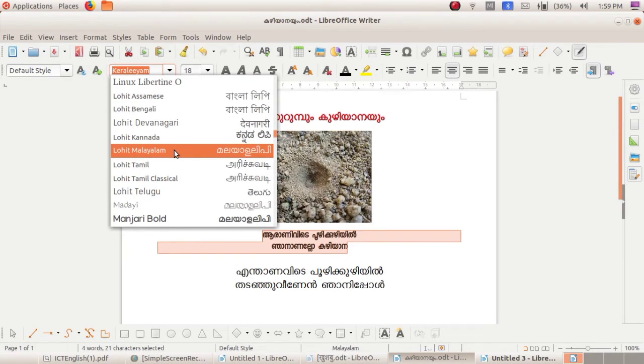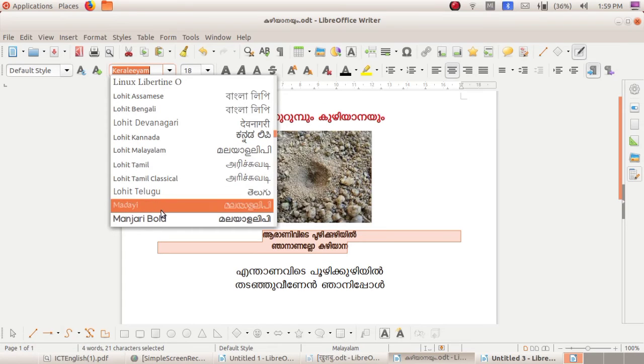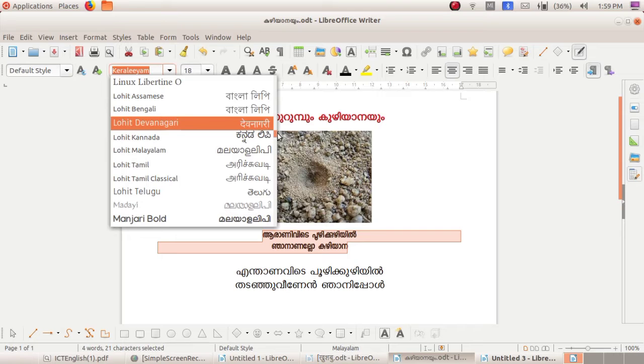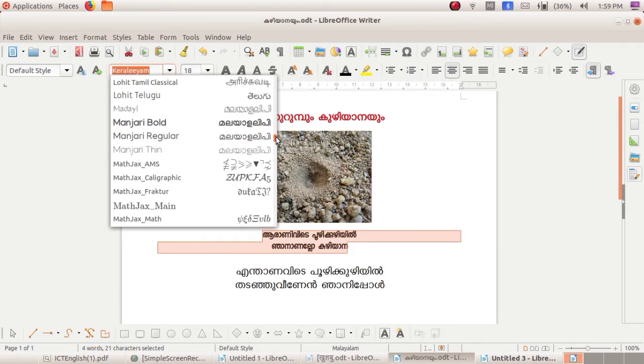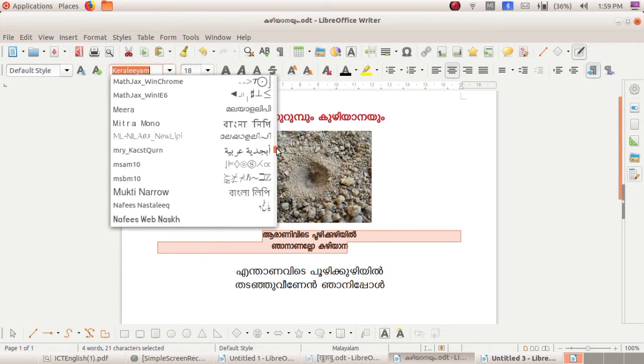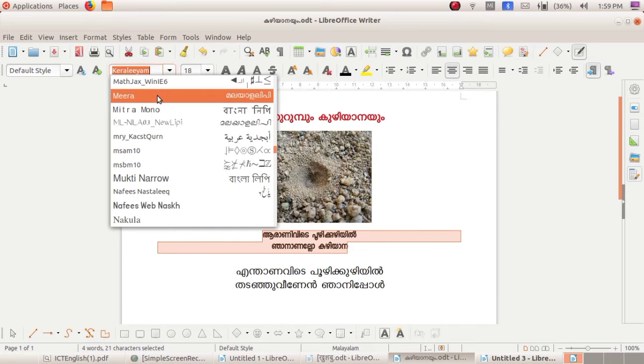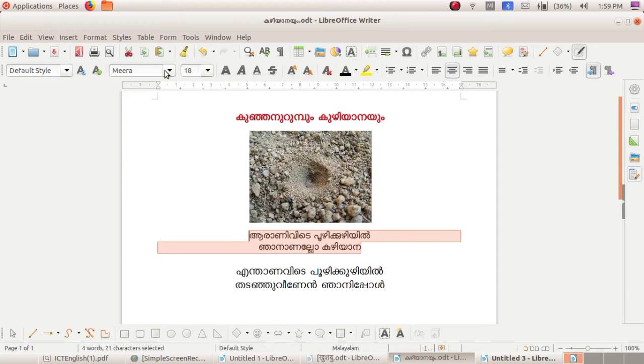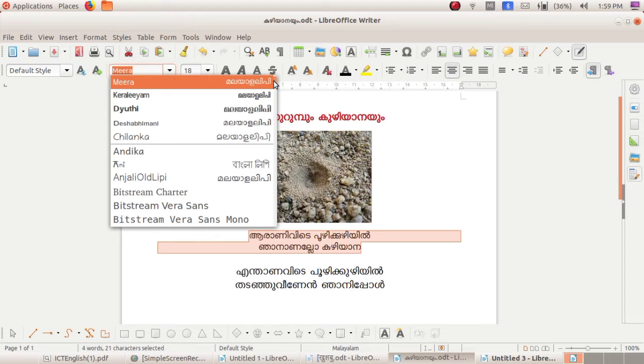Yes, Lohit Malayalam. Then Manjari bold. Then Meera. Okay, Meera. Likewise, there are a lot of Malayalam fonts.